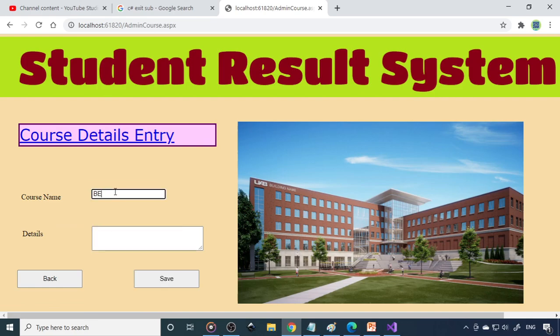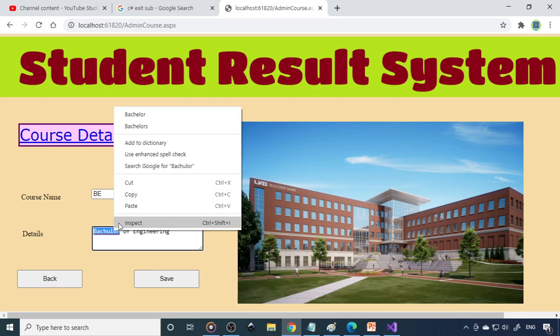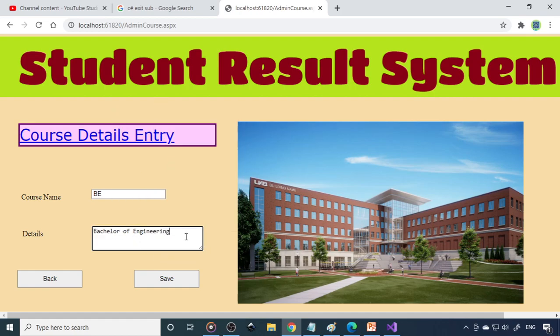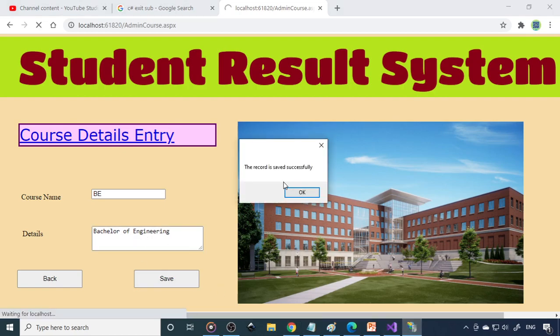So now we can write BE. This is Bachelor of Engineering. Okay, Bachelor. Right. So then you can click save. Now you can see that the record is saved successfully.